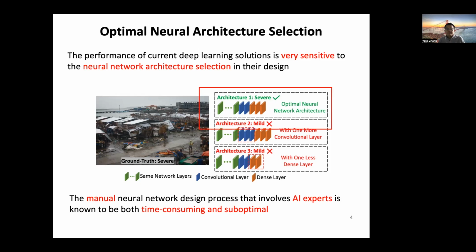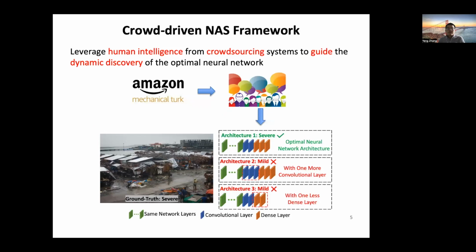results. Motivated by such observation, we study an optimal neural architecture search problem in DDA applications, where our goal is to identify the neural architecture that achieves the optimal damage assessment performance without the input from AI experts.